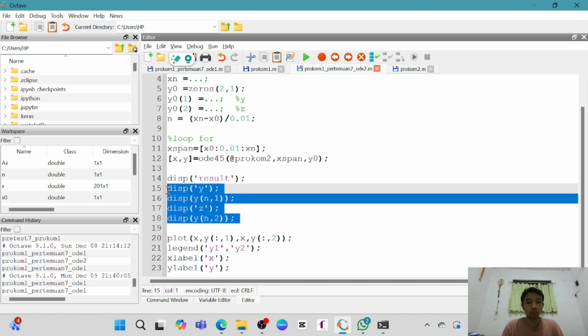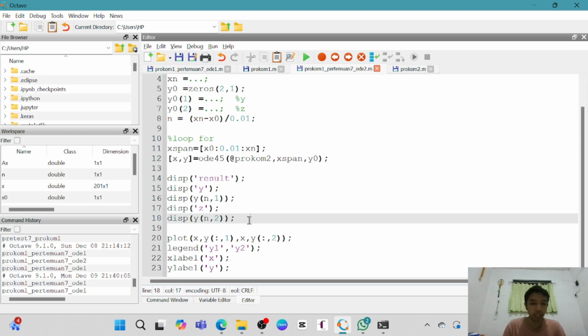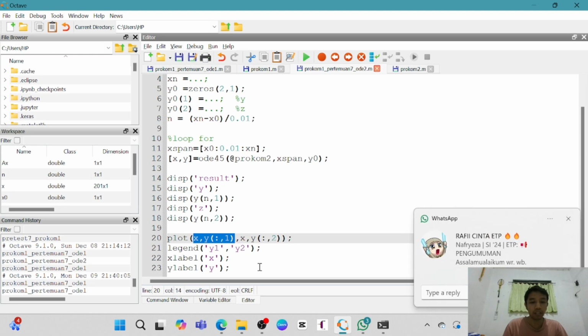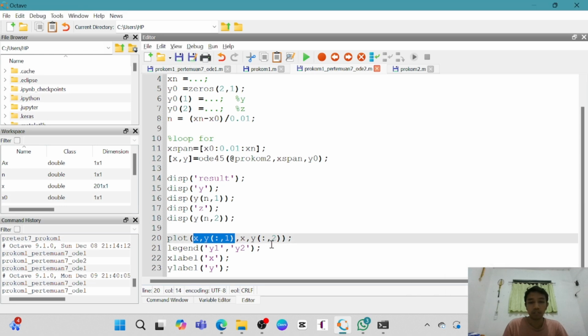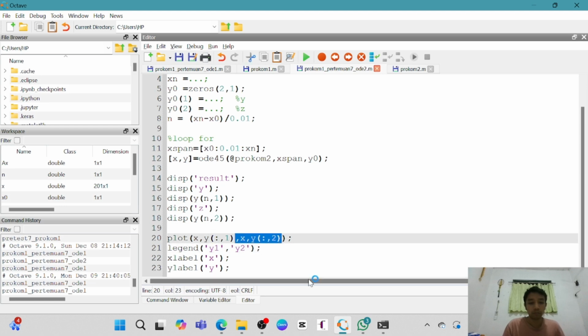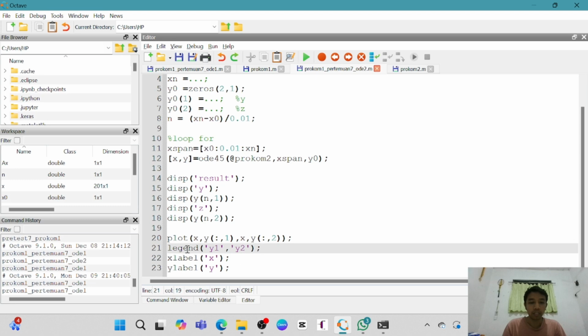Then we have two functions to be printed. If we have four, then you just edit. Also in the plot, you have to make another plot. Just add after this, maybe like this. Then the legend: don't forget to add the legend also.